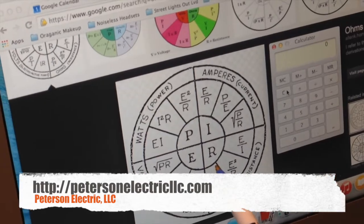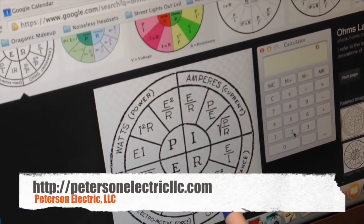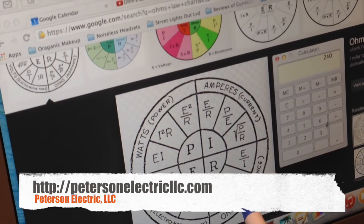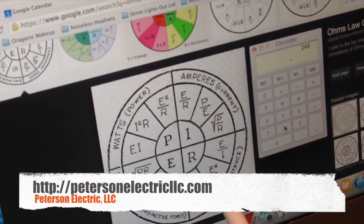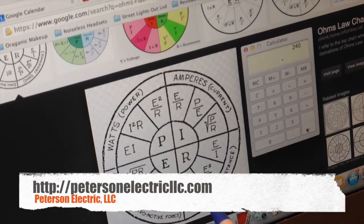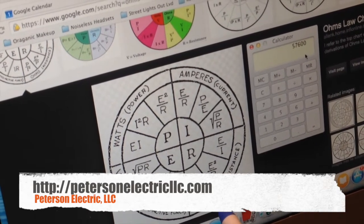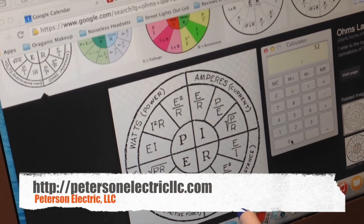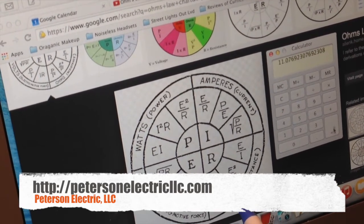So how do we know our resistance where it's not failed? Well, we're going to do E squared: 240 times 240 volts, 57,600. Divide that by wattage, 5,200, or 5.2 kW, is